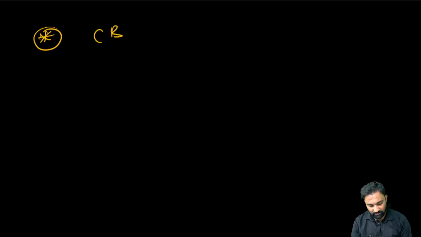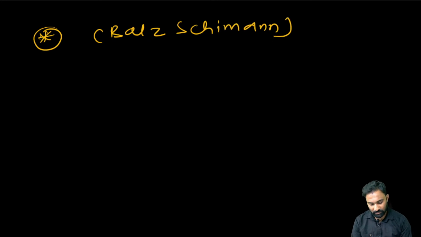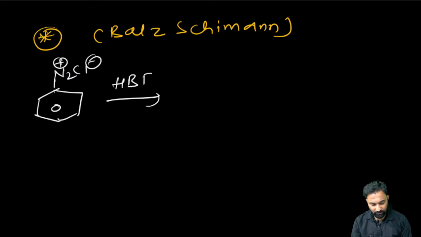That reaction we call the Balz-Schiemann reaction. In this Balz-Schiemann reaction, benzene diazonium chloride is reacted with fluoroboric acid. Now, in this fluoroboric acid, when it has reacted,